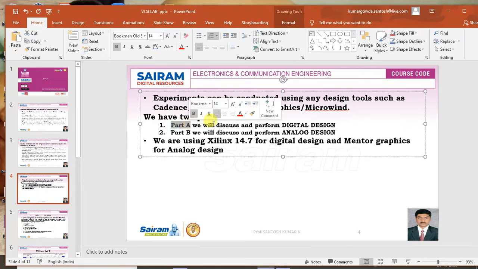In part A, we'll be discussing digital design. This will be done by writing Verilog code for designing digital circuits, and we use a test bench for testing those digital circuits. And in part B, we'll be discussing how to design analog circuits, and we'll be checking the various characteristics like DC, AC, and transient analysis. Also, we design layouts for those analog circuits, and as well we perform DRC, LVS, and parasitic